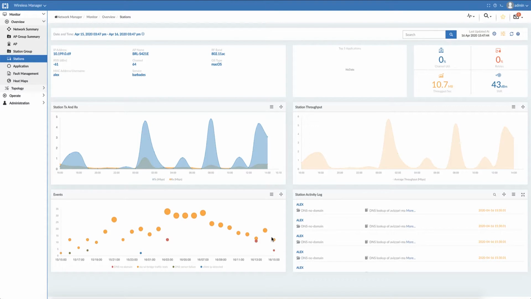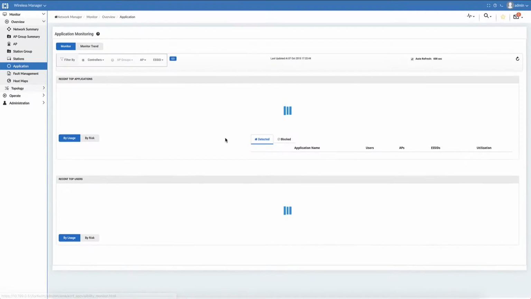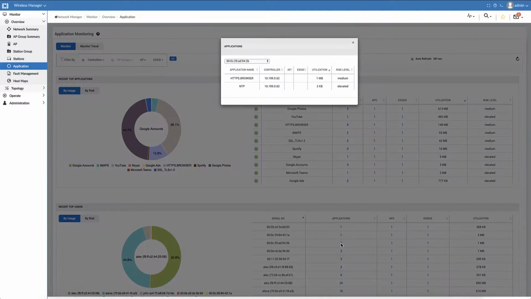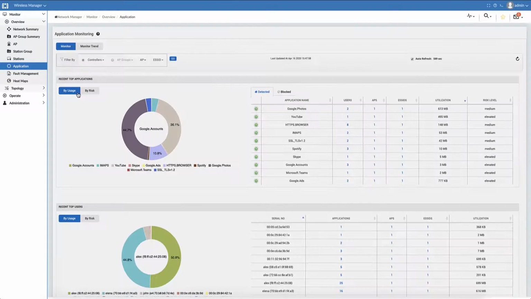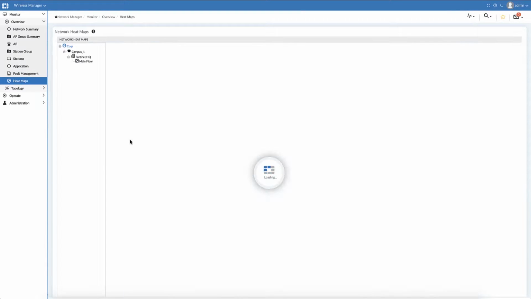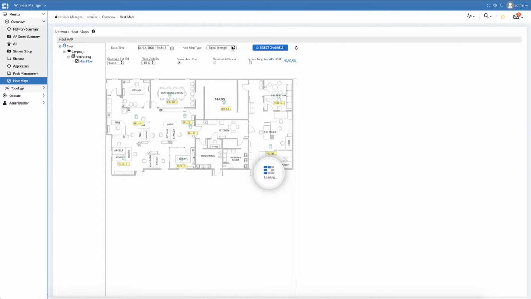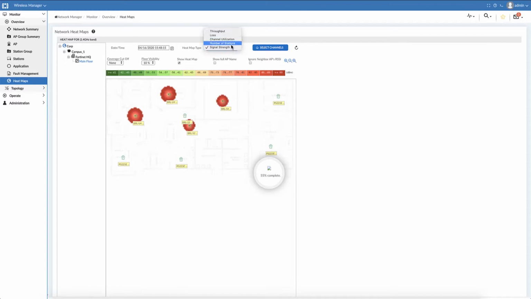With the powerful FortiOS application control database, all user traffic can be categorized and potentially blocked. This is then reflected in the Application Control tab. Applications are grouped by type and split by user, with a possible drill down to get much more information. Finally, heat maps help to see if the floor coverage is enough, but also get some other metrics such as connected stations, channel utilization, packet loss, or throughput, giving an instant view of the network health.